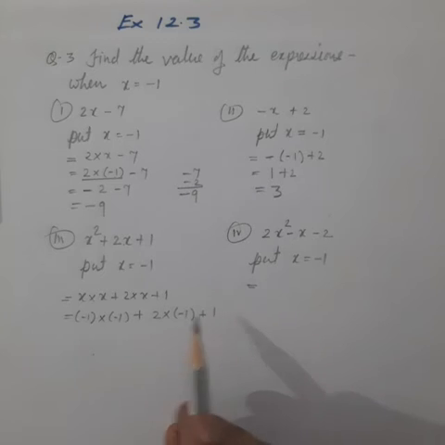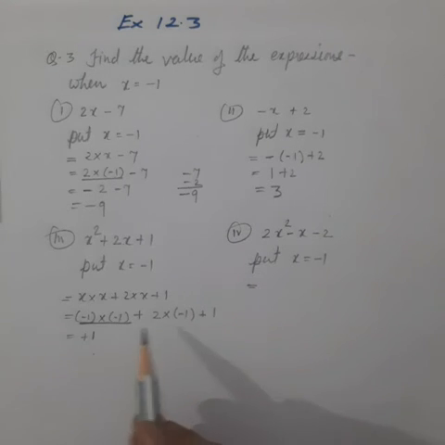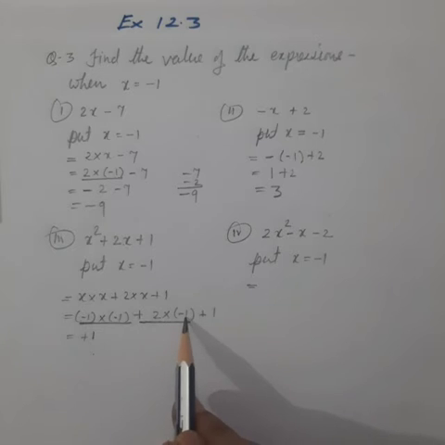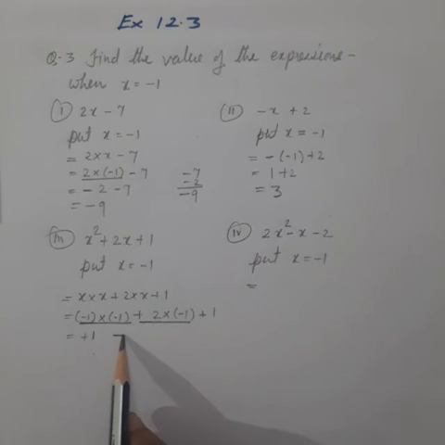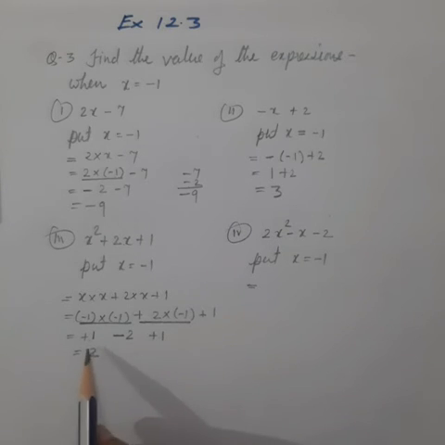And plus this 1. Now this multiplication. In this multiplication, both the numbers are negative, so the product is positive, and 1 ones are 1. In this multiplication, we have to take the whole term. One number is positive, the other is negative, so the product is negative, and 2 ones are 2, and this is 1. So, plus 1 plus 1, it is 2, and this is minus 2. 2 minus 2 is 0.